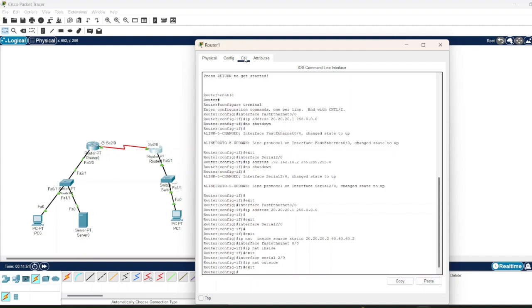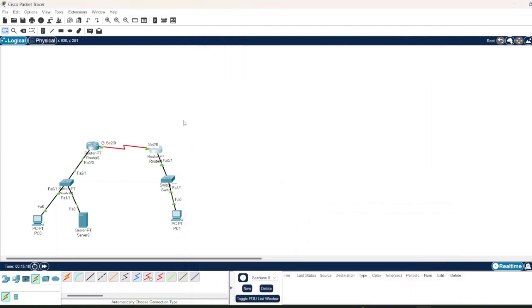Once all the configurations are done for the inside and the outside network, only one part remains, that is static routing. Because we have used two routers here, if we forward any packet from one network to another network, routing has to take place. So over here, we need to give static information, as an IP route. So before that,